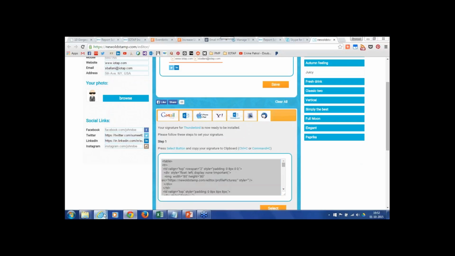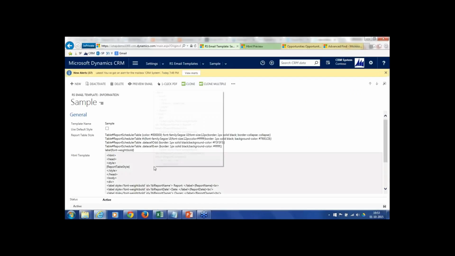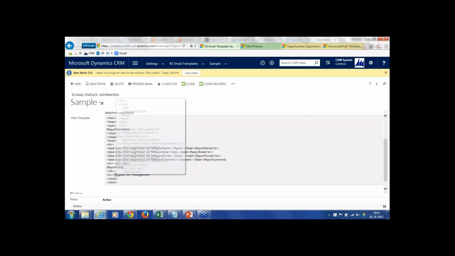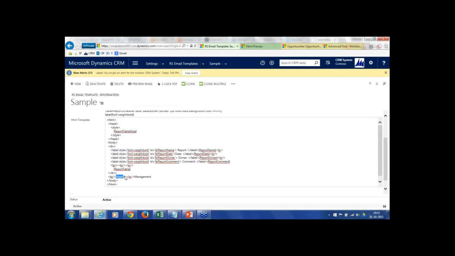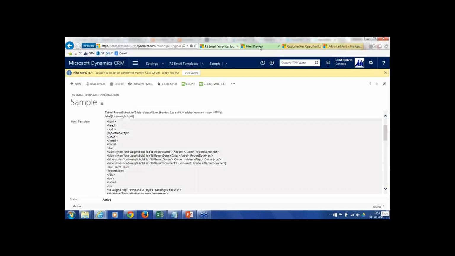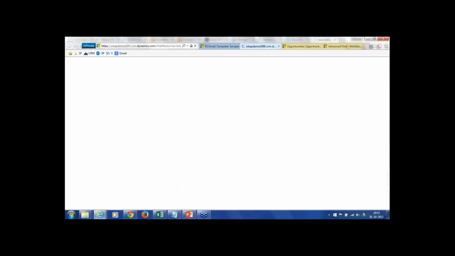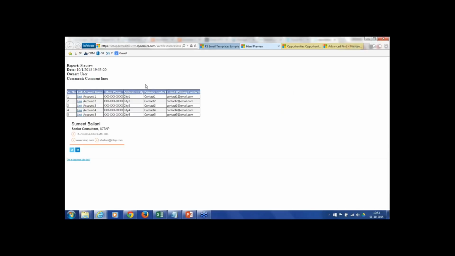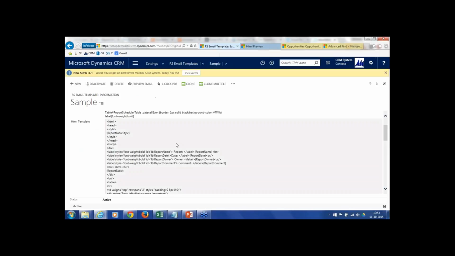I go back to the email template and go to the section where this signature is already present. I delete this and add my own signature. And then I again click on the preview email button. You would see that the email signature at the bottom has been changed. So it's quite easy to modify this template. You can easily add your logos into this